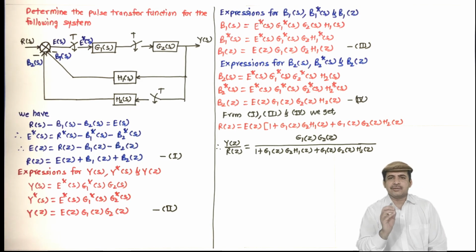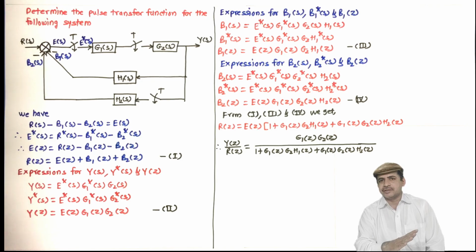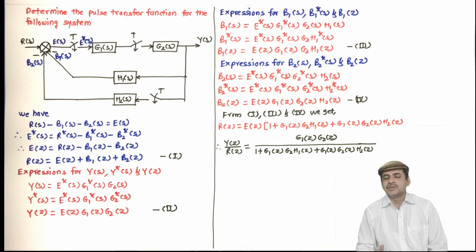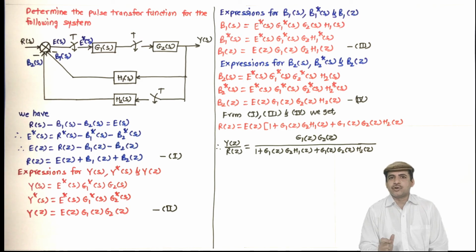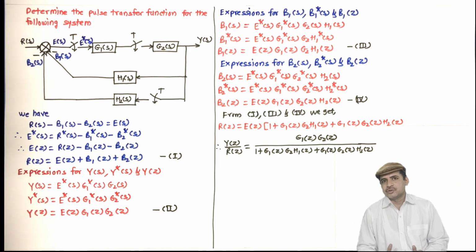Now you can solve some numerical examples on your own. Just replace the position of blocks, the number of blocks, and you can even take more feedbacks. In the next class, we will deal with systems with zero order hold, because in most cases you will have a zero order hold after the digital controller block. So we will tackle how to find the pulse transfer function if one of the blocks is a zero order hold. Let us meet again.